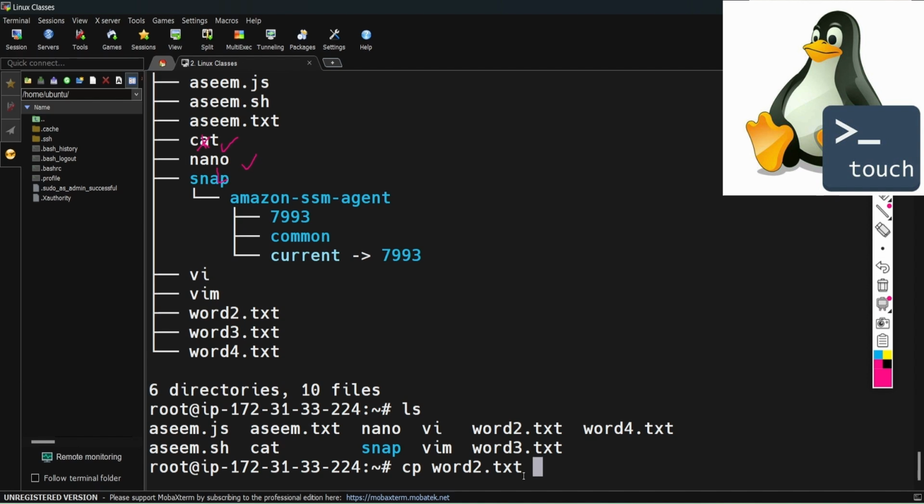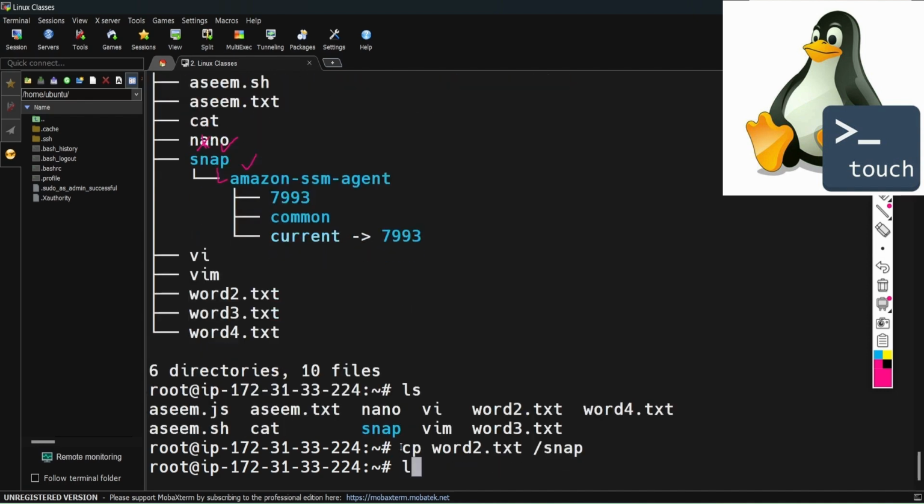So where I'm going to copy this, okay? This path also you have to give, right? So what I'm doing, I'm going to copy into snap. Snap is a directory, right? I'm going to copy into the directory of snap, okay? So how do I know? If you check over here, everything is in white. This is in green color. Okay, basic information. Okay, if I hit enter,